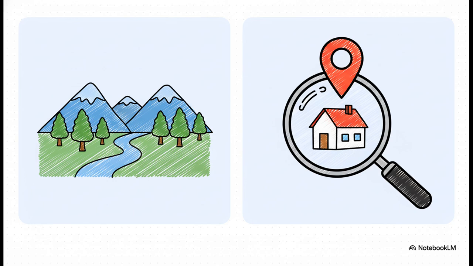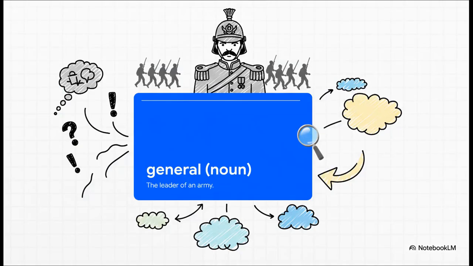And that contrast is absolutely key. The entry even lists specific as its direct opposite. Think of it this way. General shows you the whole map, while specific gives you the exact address. But wait, there's more. General isn't just an adjective. It's also a noun, and a very specific one, the leader of an army. So the very same word can mean everything all at once and one single person in charge. Language is wild, isn't it?